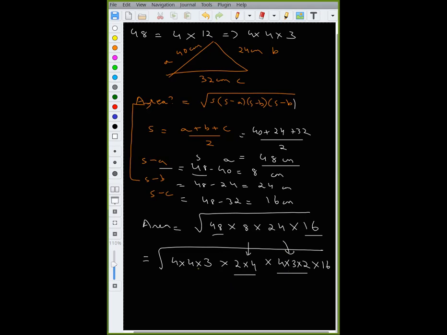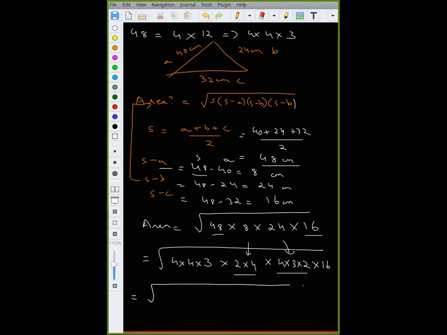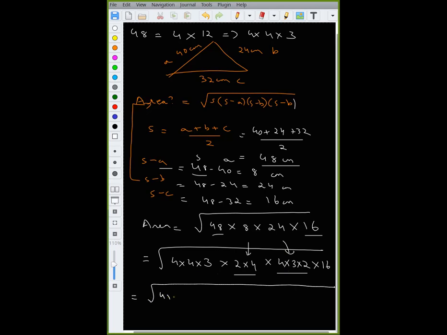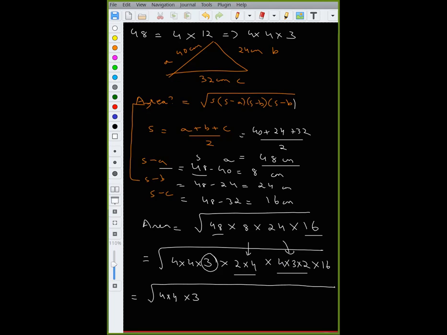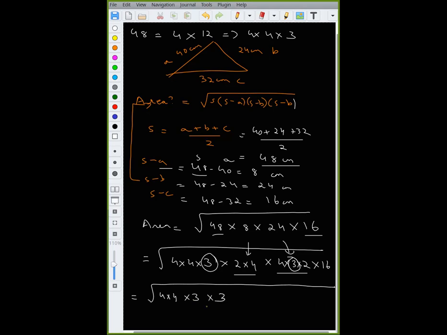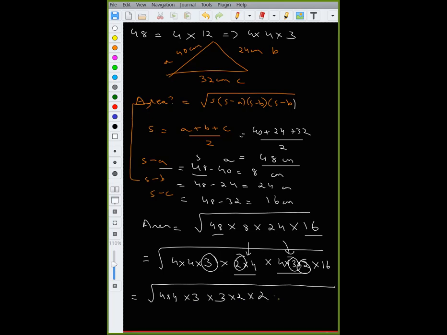Yes, sir. Okay. Now look at this. I group this in pairs of perfect squares. Let me rewrite this. This is the easier way, to split this without doing this long calculation of squares. So I can write this as 4 into 4 into 3, combining this 3 over here into 3, into 2, this 2 and this 2 here into 2, and these two 4s again, into 4 into 16. Is it clear so far?